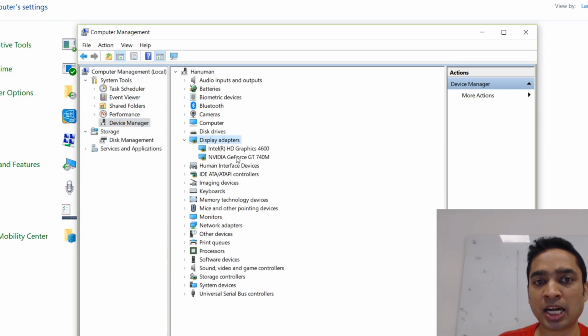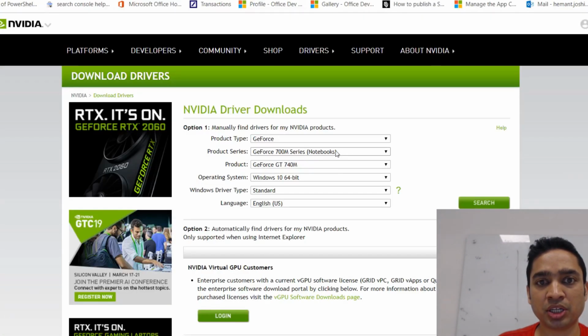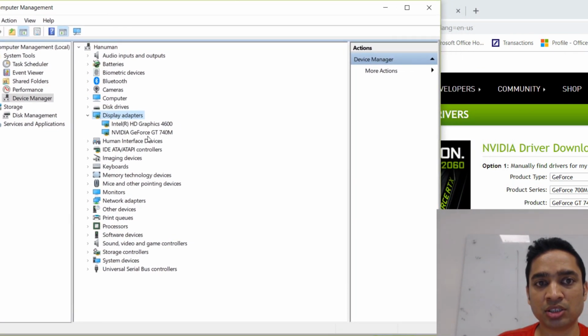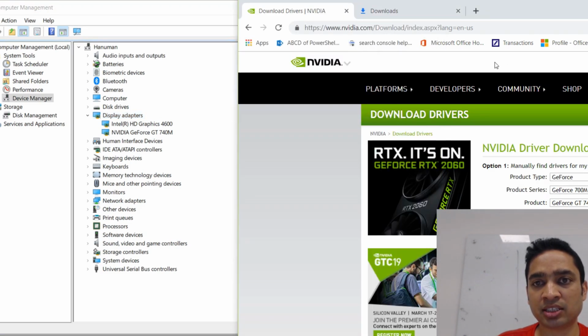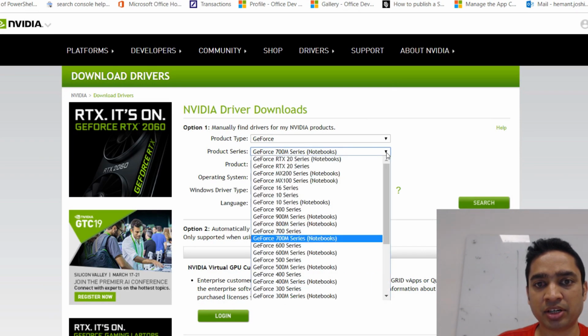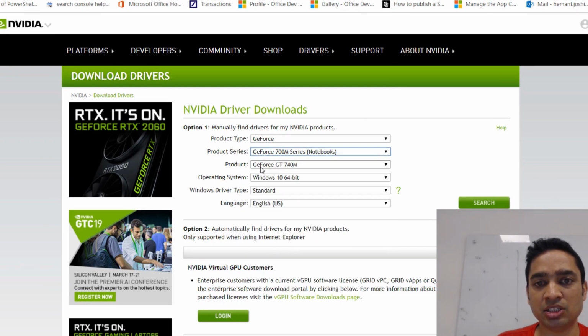Once you see the display adapter, you see this NVIDIA GeForce. So once you see GeForce over here, select GeForce. Then I selected the notebook series, because if you see over here, this is 700 and GT 740. So my first guess was that it is the 700 series. So I selected the 700 series, and then it came as 740M over here, so I selected that. My operating system is Windows 10 64-bit, and then you download this